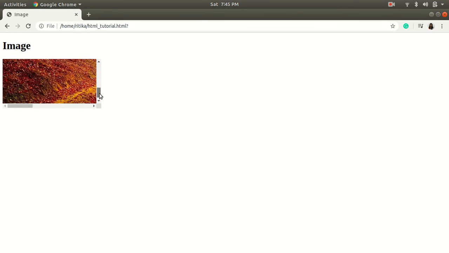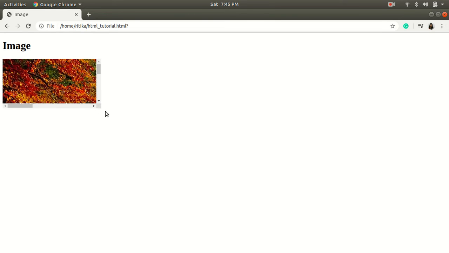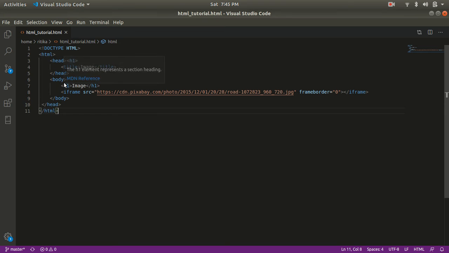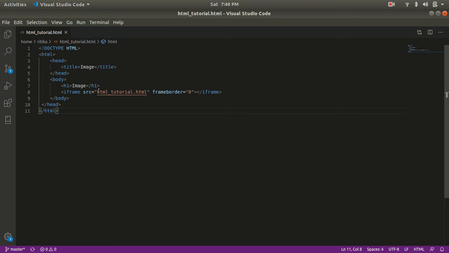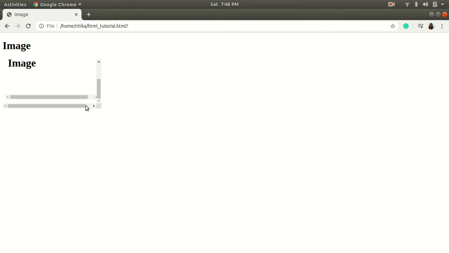But there is one difference, like again we can set the height and width here. The difference is that this is not just restricted to images, we can even give a web page. Here I am giving our own HTML page. It takes only our own created HTML file, it doesn't take an online web page. So let's save and see. Here we have our own web page.